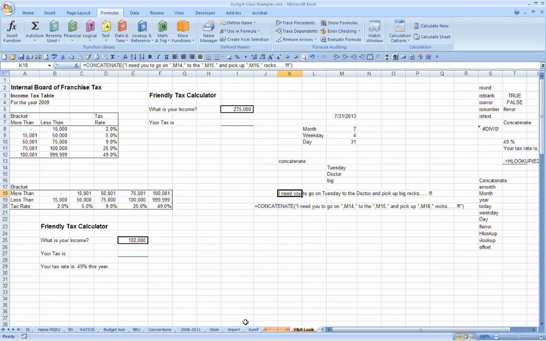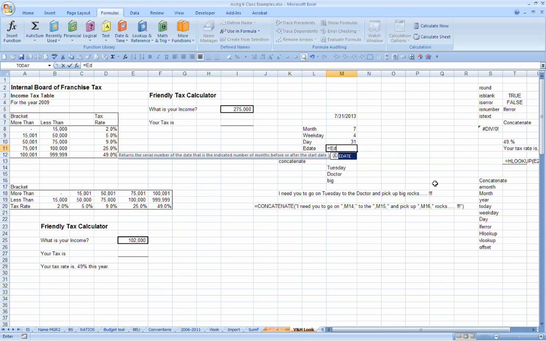Alright, so there's another cool little function. Did we talk about, well, I've blown it now. I've already left the date functions, but we didn't talk about eDate. I think we may have covered this in class. eDate's cool because it returns, notice it tells you, the serial number of the date that is indicated X number of months before or after the start date. So, eDate,